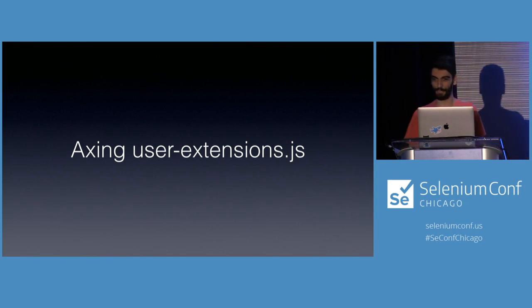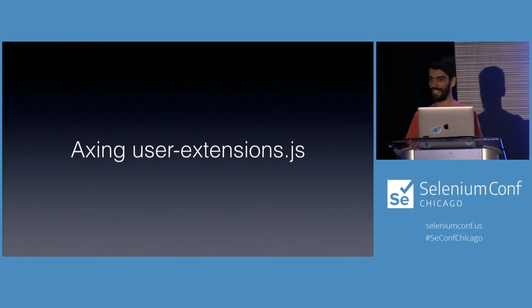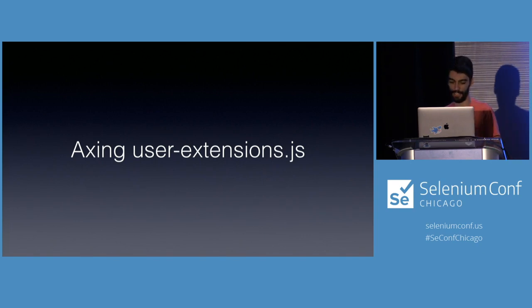So I'm still getting issues about that. And user-extensions.js is basically a JavaScript file that contained a lot of prototypical functions, and you would add that to the preferences in Selenium IDE. And what would happen is that the old IDE parsed that file, added those functions into its prototype so that you'd be able to add new functionality or override functionality in the IDE.